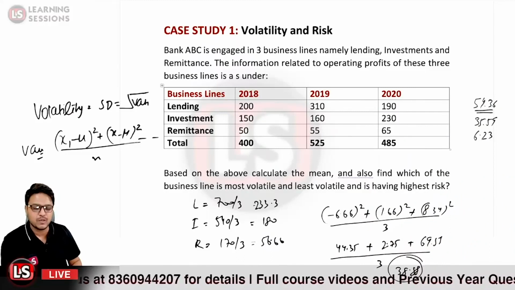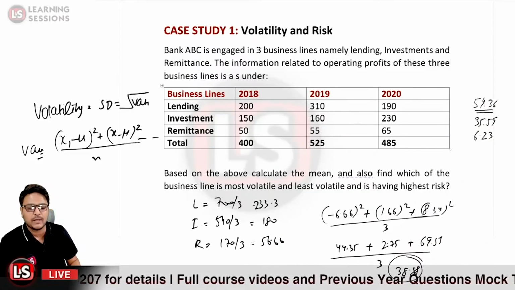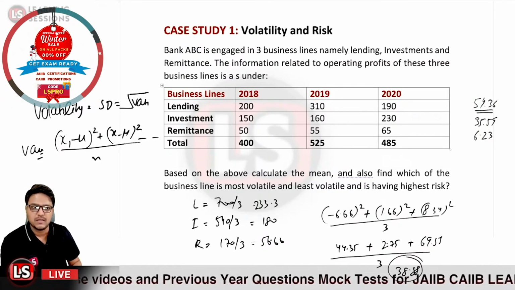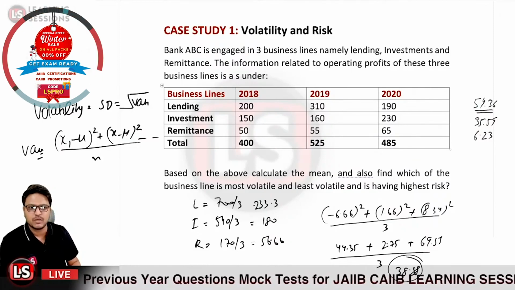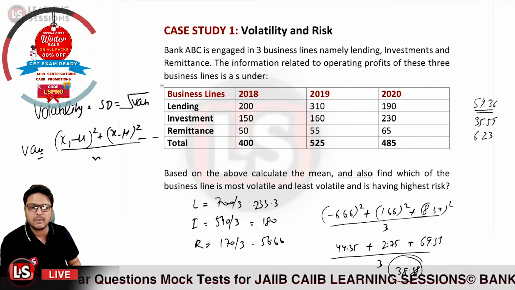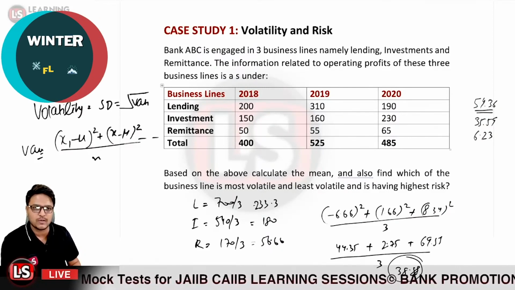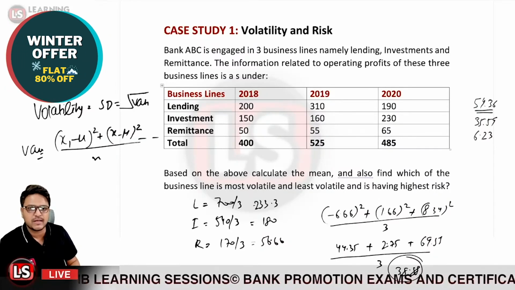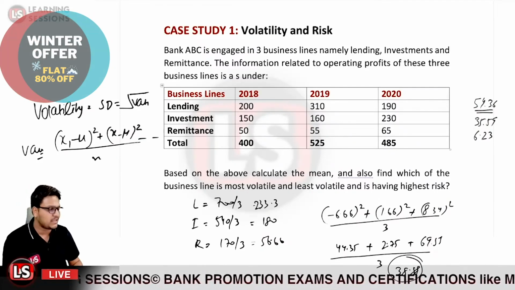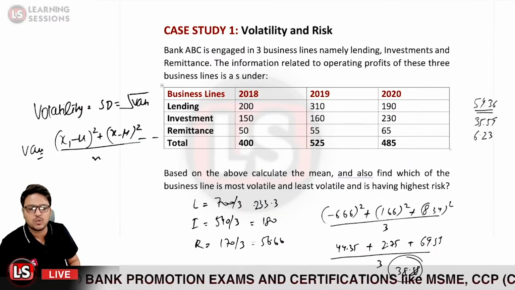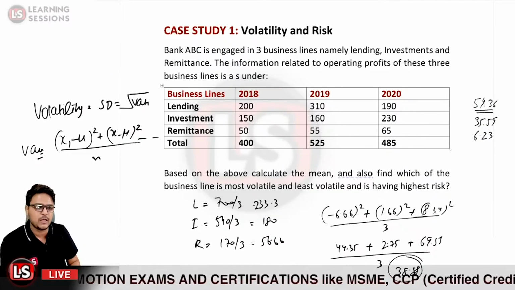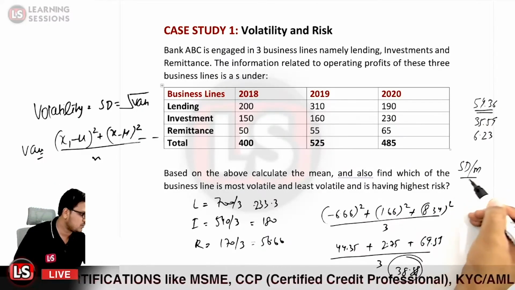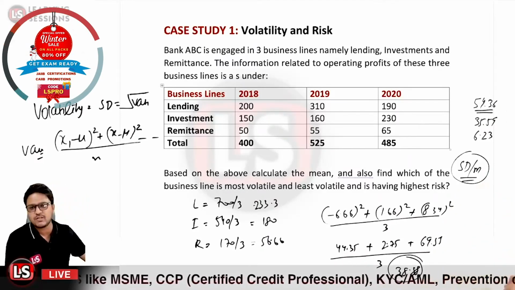Now if you remember, when we were to compare the different lines, what we actually did was we divided it by the mean. We calculated the standard deviation divided by the mean. So that is what we'll be doing in this particular case. We will be calculating now the standard deviation divided by the mean value. Okay, so now this particular point itself, that is the standard deviation, is the volatility.